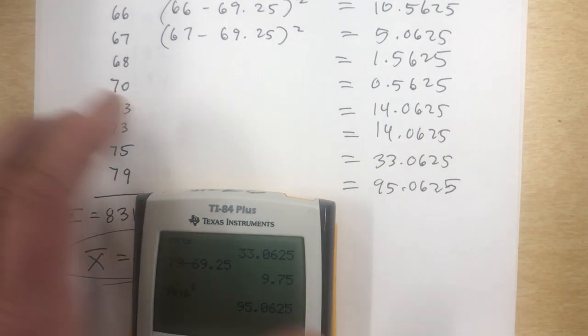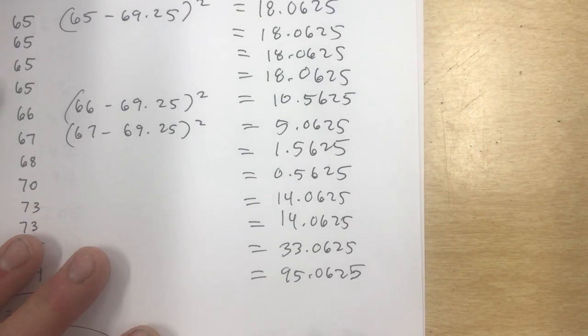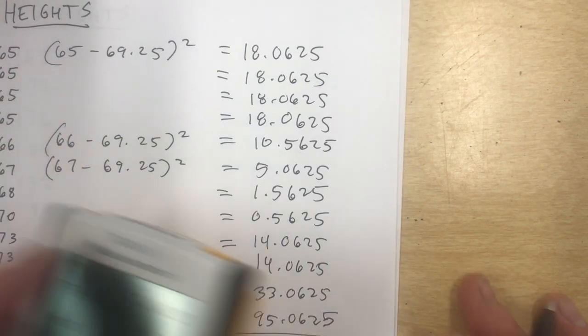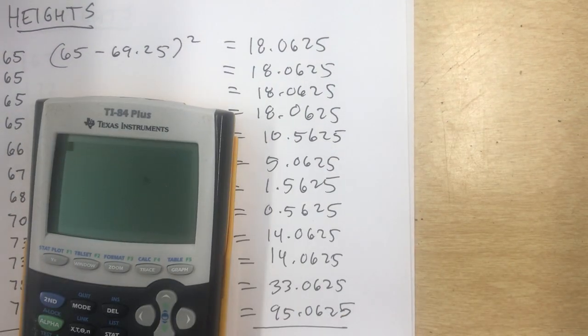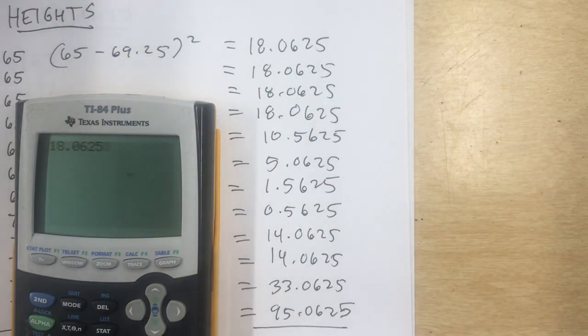All right, there you go. And now I got to find the sum of all of them. Okay, so we got to add all of them up. All right, so 18.0625, and I got 4 of those, so times 4 plus